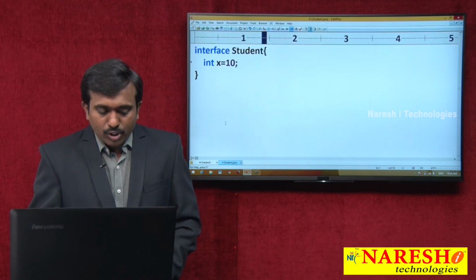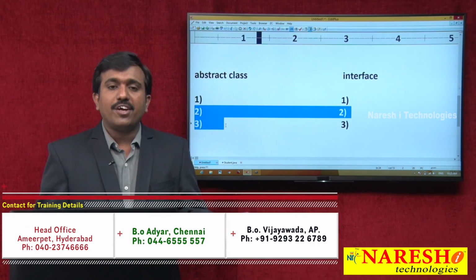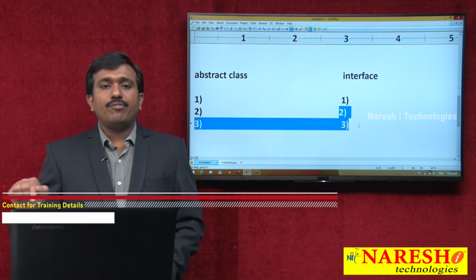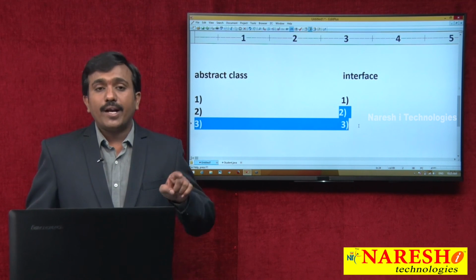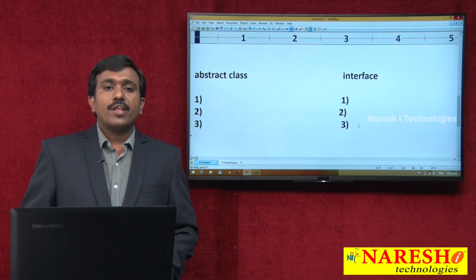So inside the abstract class there are no default cases for methods and variables, but inside the interface by default every method is public and abstract, and every variable is public, static, final.